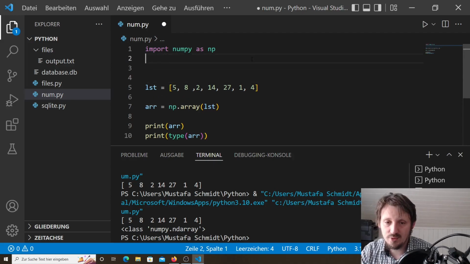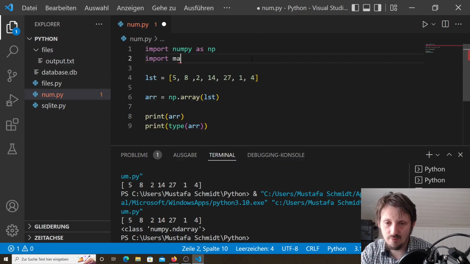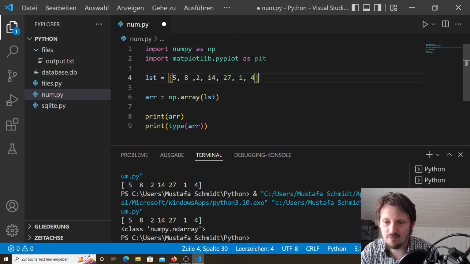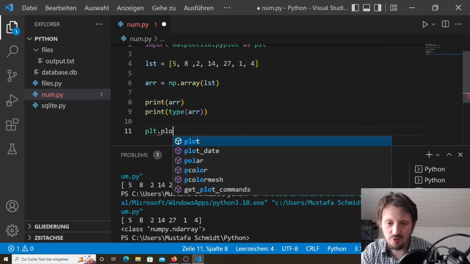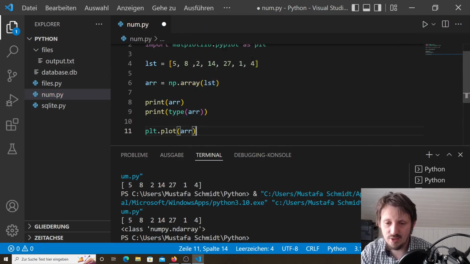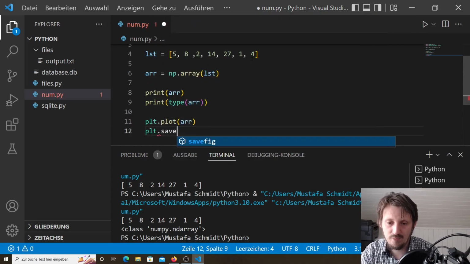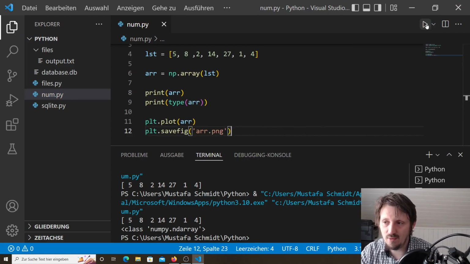What I want to show you also is that you can easily plot these kind of arrays that you create. So we import matplotlib.pyplot as plt, as we have done it before, and I also have a full lecture series about pyplot. You can check this on my YouTube channel. And then you can write just plt.plot, and then we insert just our array here. And then we don't want to show that, but we want to save this figure, so let's call it maybe r.png, and when we run now our code here,